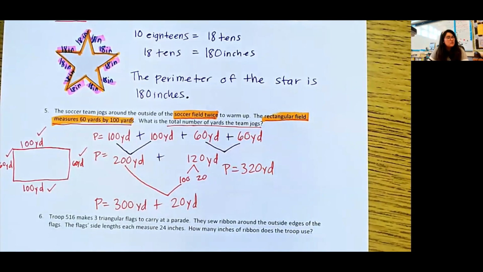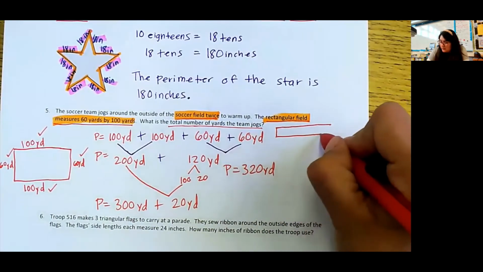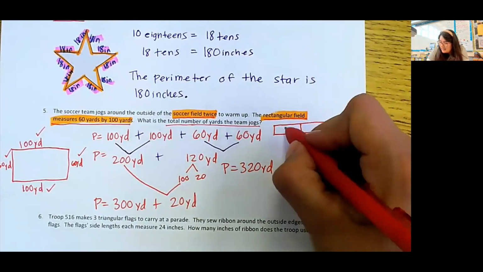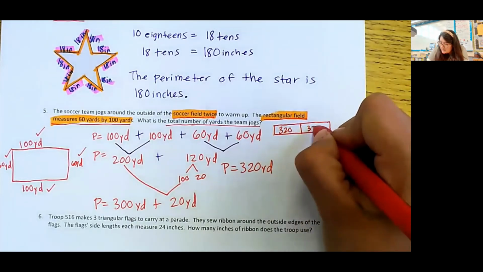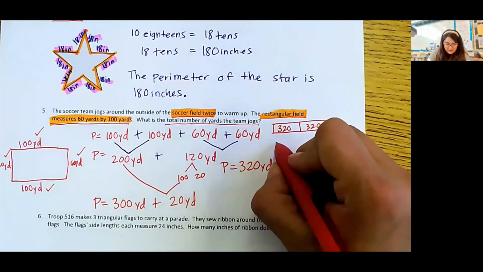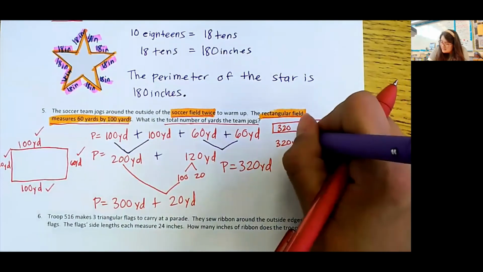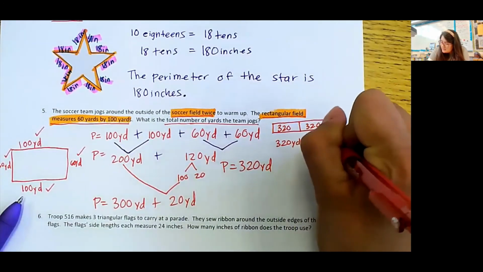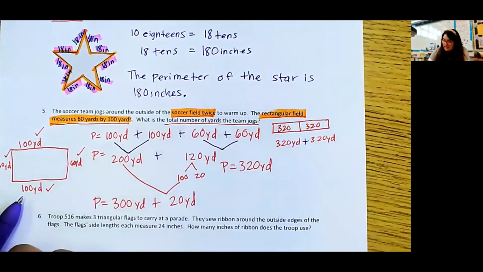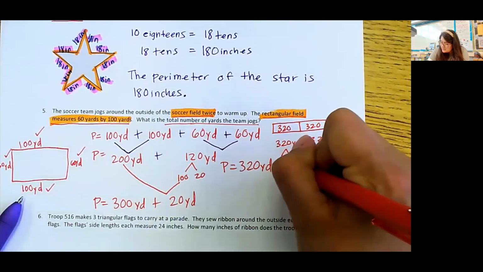But that's just one time going around, and they went around 2 times. So we have to do this 2 times. Now, you can draw a tape diagram, and we have 320 and 320. And then we're going to add those 2. So we have 320 yards plus 320 yards. And then we can do the same thing where we break it down to 300 and then 20